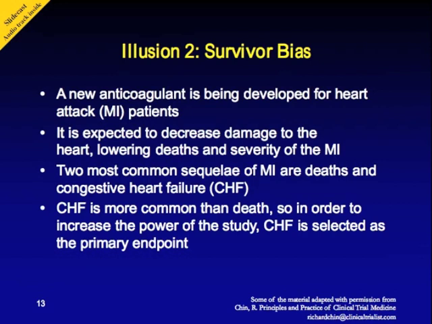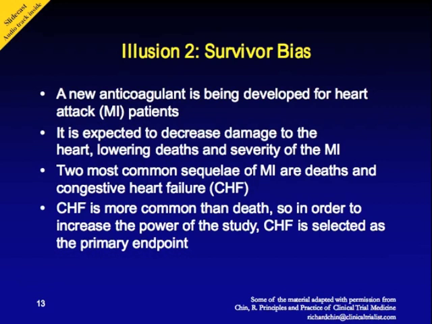Nowadays, mortality from MIs is pretty low, so like any good clinical trialist, you realize that you need to have more events than just death, because the sample size will be very, very high when you're talking about a mortality rate of 3 or 4%. So you say, well, two of the most common severe sequelae after MI are